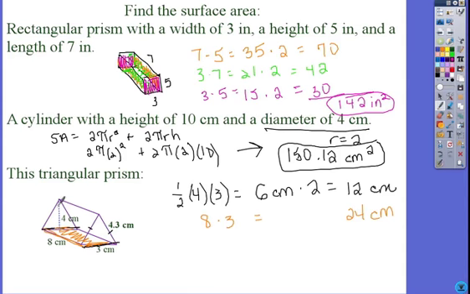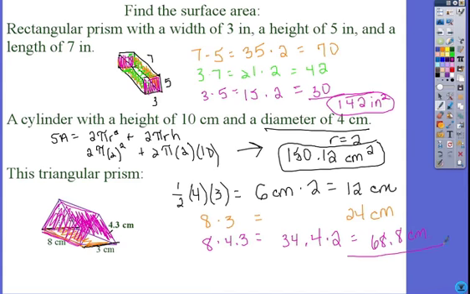Now I have to look at this face. Still has a length of 8, except now the width here, notice that it's marked congruent with this side, so this side is also 4.3. So I have 8 times 4.3. And that is going to give me about 34.4. Okay? But this pink side is the same as this pink side on the other side of the triangle. So I multiply this by 2. And I end up with about 68.8